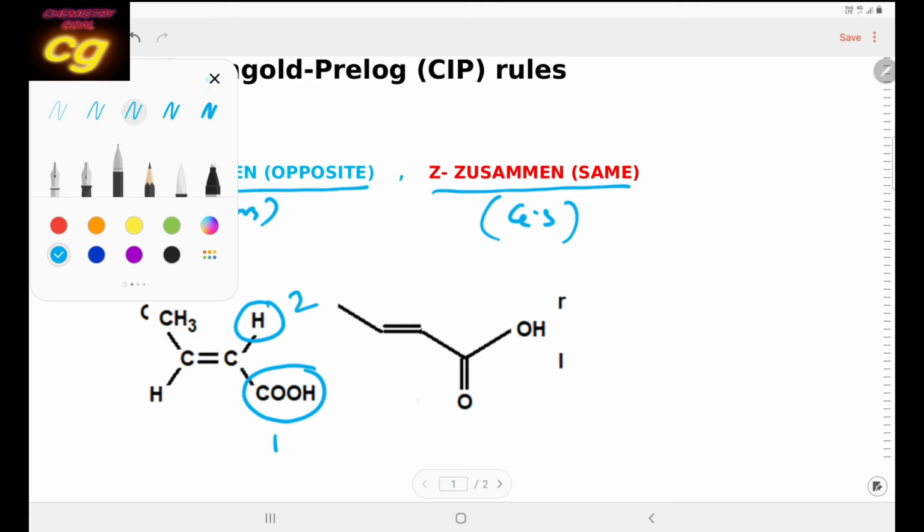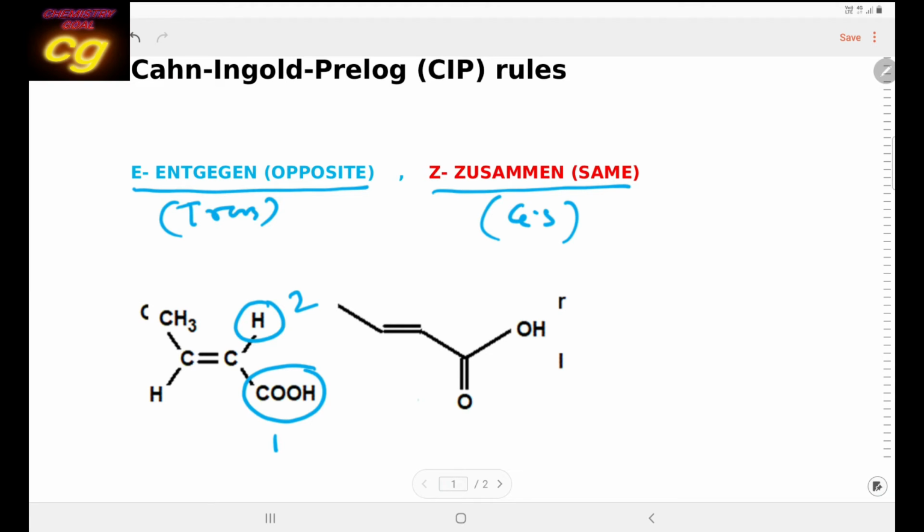So this is the case. On this left side you see hydrogen attached to carbon and carbon attached to carbon, so it will be 1 and 2. If you see, the 1s are on opposite sides and the 2s are on opposite sides. So it is opposite, that is E. E means Entgegen. Here is the case we can see. Suppose this is the double bond.